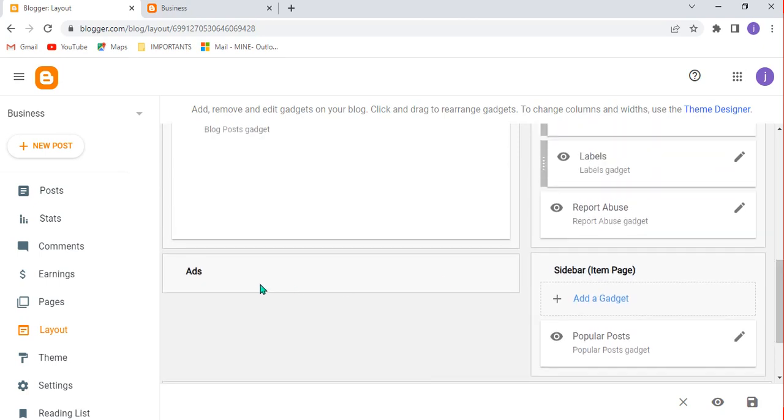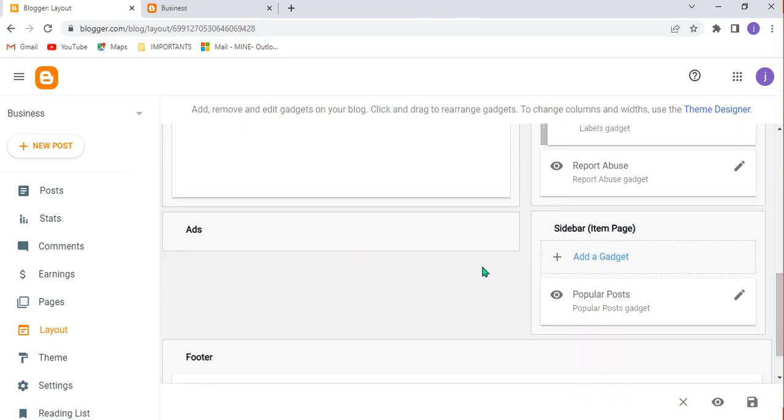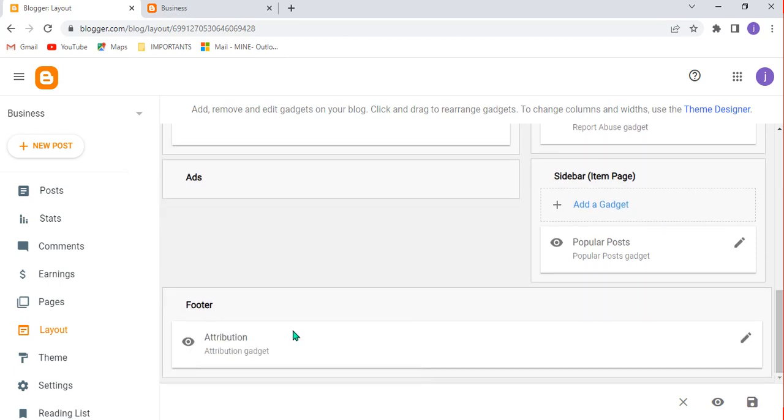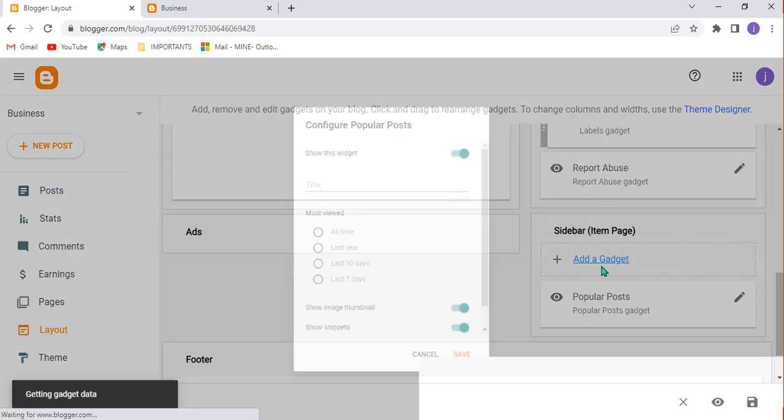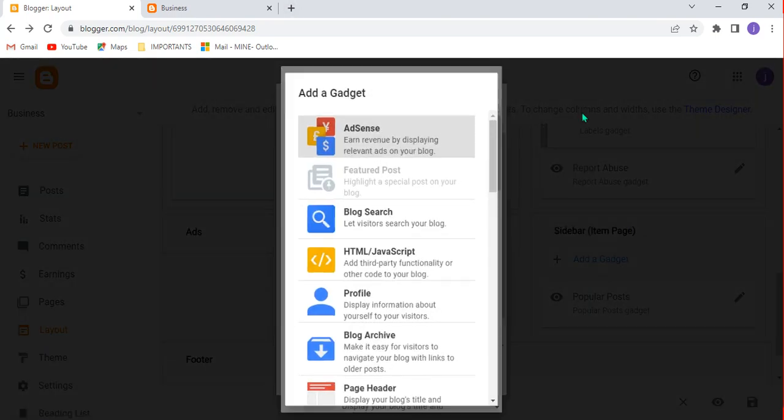As you can see, I have this add option, and you don't have advertisements, so don't care about this. And you can see we have the footer of our site. If we have this footer and we don't have something on it, let's try. We have a sidebar, we have a popular post, and you can even add a gadget there. So if we have a popular post, let me, for example,